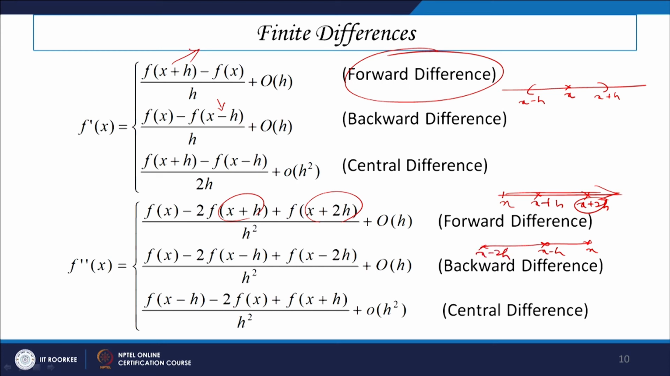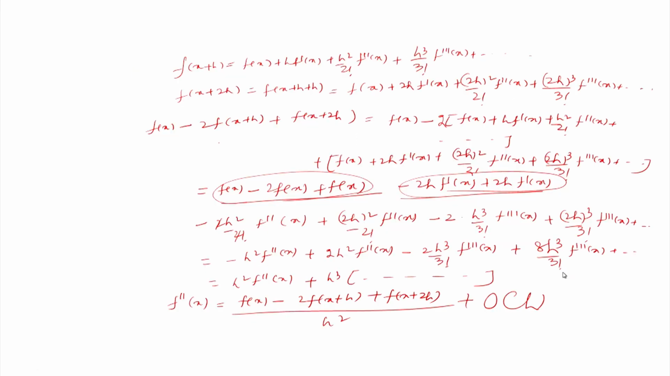And if you just combine this one in the form f(x) minus 2f(x minus h) plus f(x minus 2h) by h square plus order of h, we can obtain this backward difference formula. In a similar way to what we have just done here,